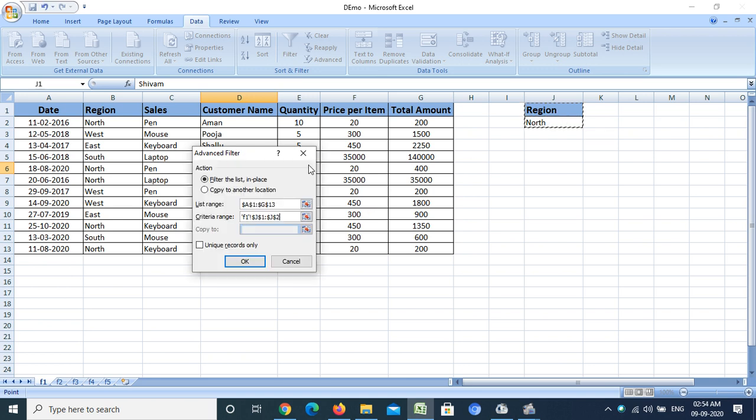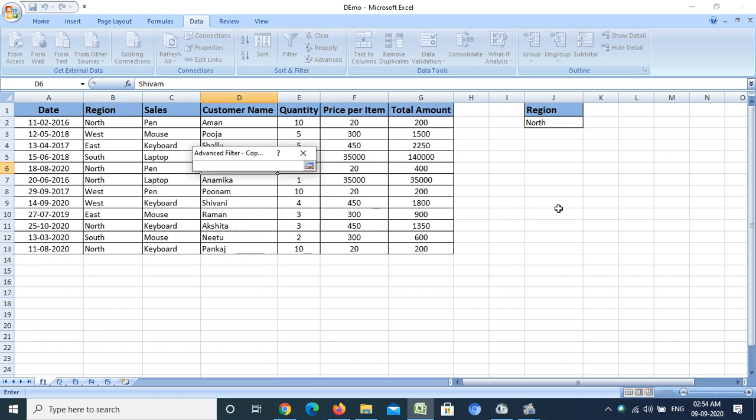Again, this is a disabled option, copy to, because I want to copy to another location, not on the same location where my data is. For that, I have to click here, copy to another location, and now I have to select the location. Suppose I want to paste my filtered data here.